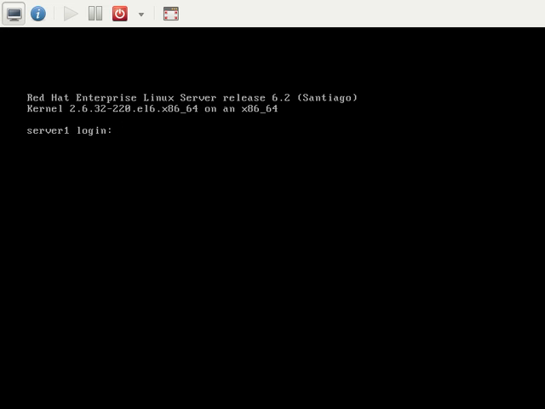Hi all, this is Bhavin and here we're going to see how to enable the network in Red Hat Enterprise Linux. Most newbies ask the same questions: I have installed Red Hat Linux inside a VM box and I can't ping outside of the VM. The reason is simple: edit a file and make a simple change from no to